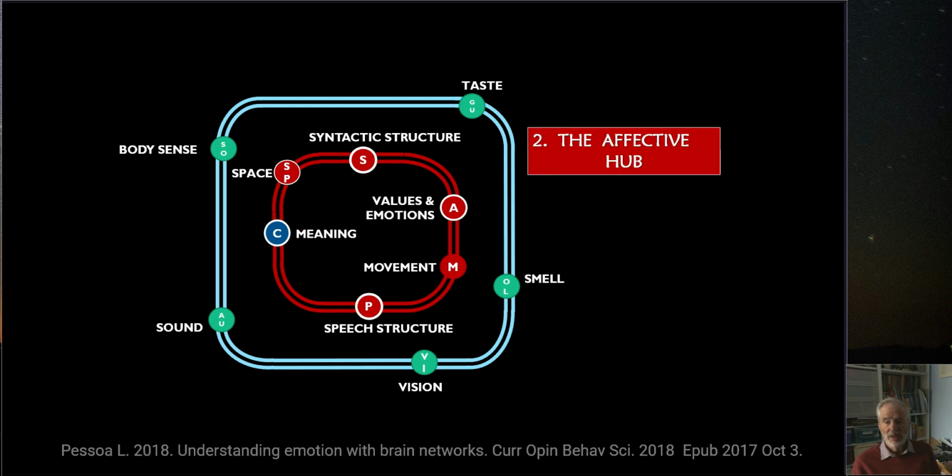And the second hub is the affective hub, and the affective hub is usually associated with the emotions, or at least the basic emotions like joy and disgust and fear. And these basic emotions can be put into two basic categories, and that is ones which are positive and ones which are negative. And we take this to mean that a given emotion like joy, if you like,